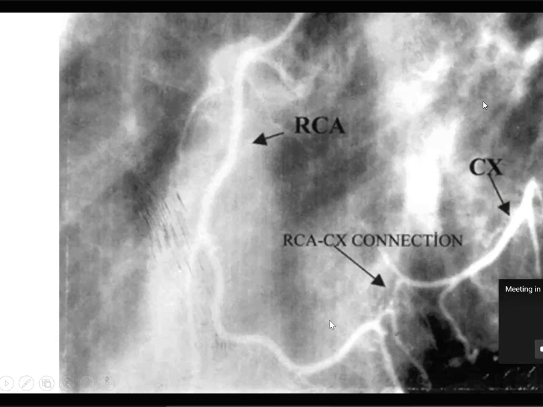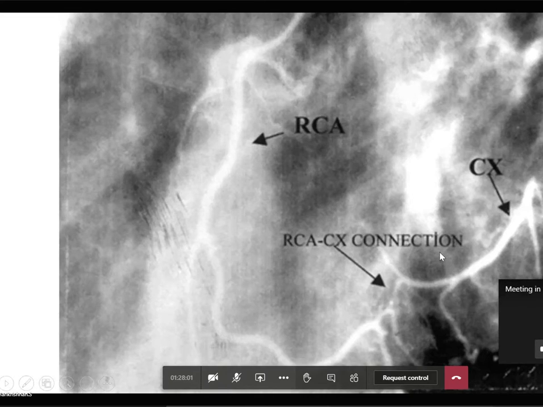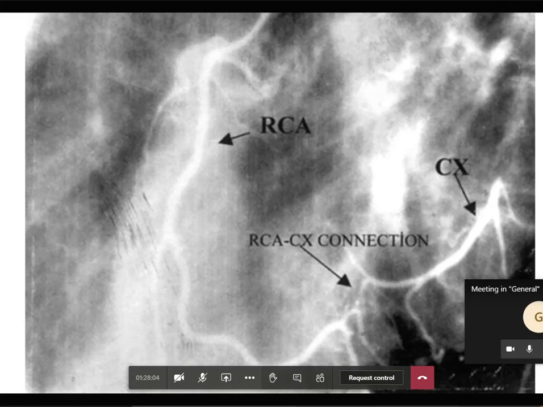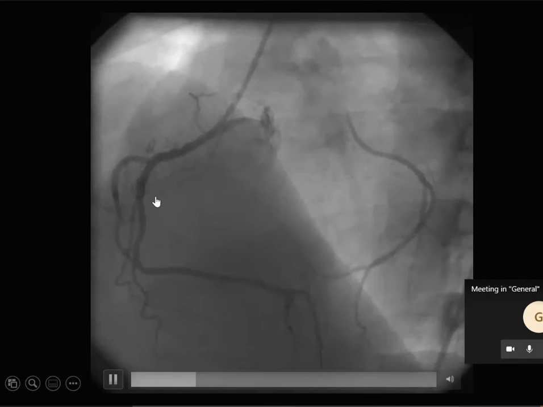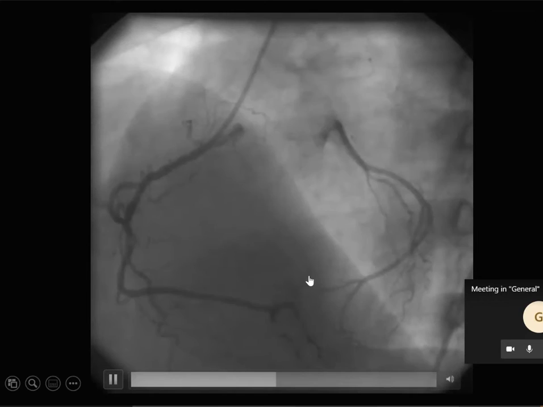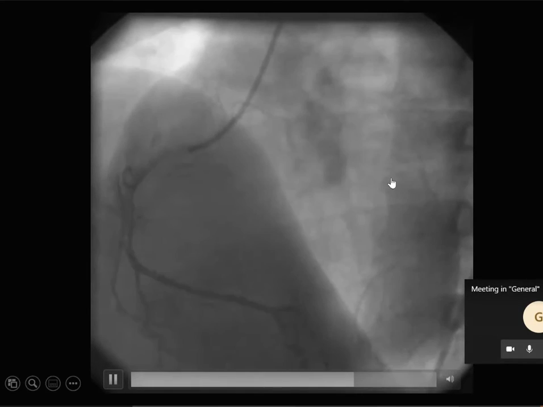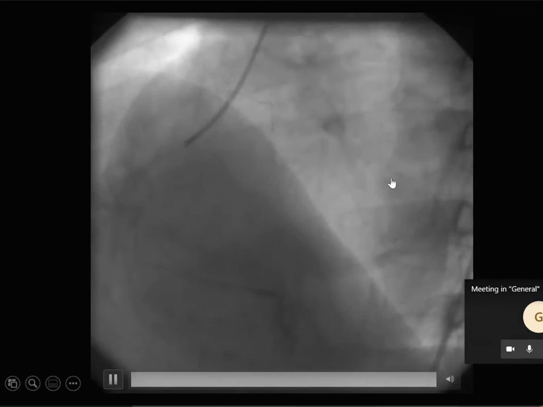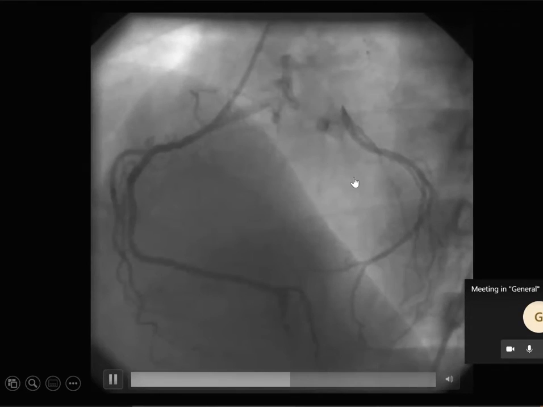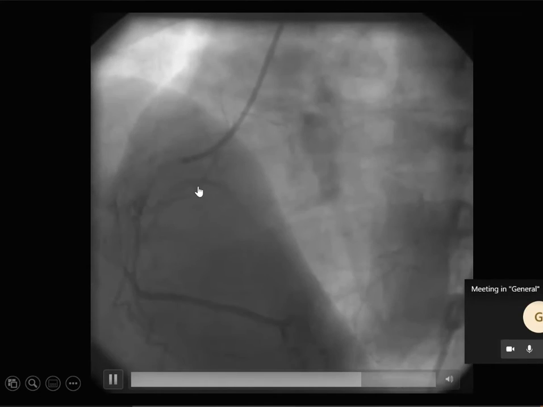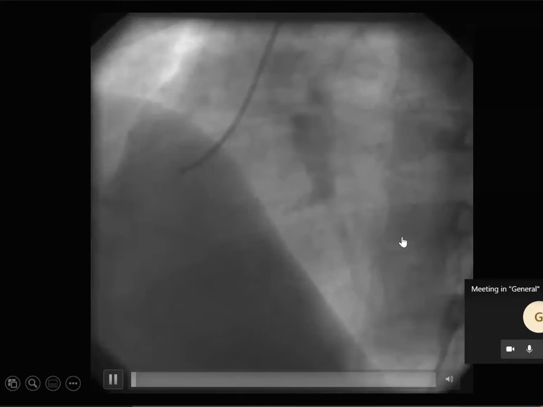So here it is a right coronary to circumflex communication. Sometimes it can be both sides. It can fill from the left injection, can fill the right side. Right injection can fill the left side. But here it is only a one-way communication. Now I will show it to you again. So even though there is no stenosis, this is a congenital anomaly where one coronary fills the other one. So this patient, if he develops a lesion somewhere, he is protected because one coronary will fill the other one.